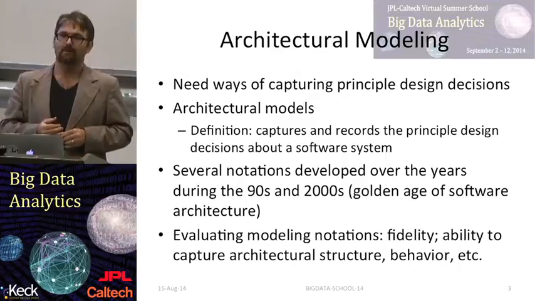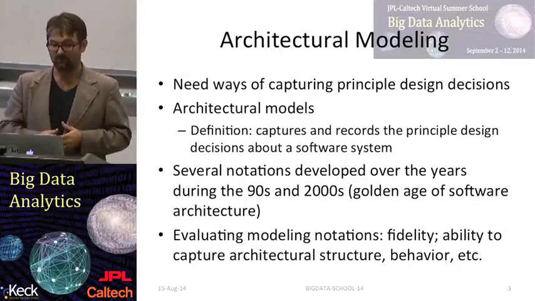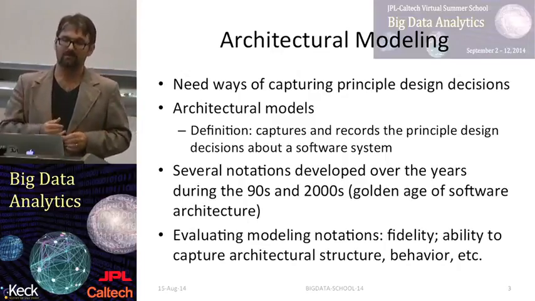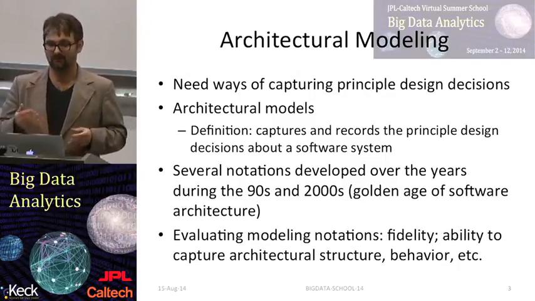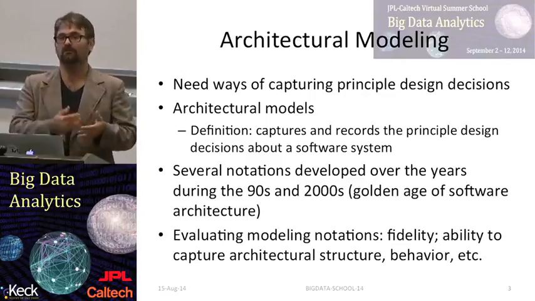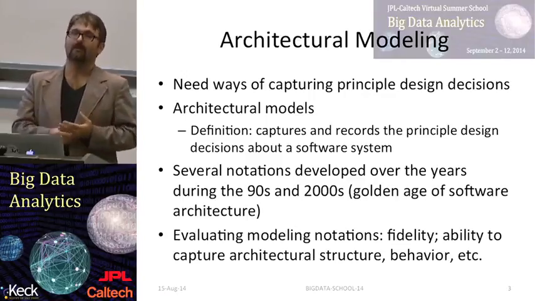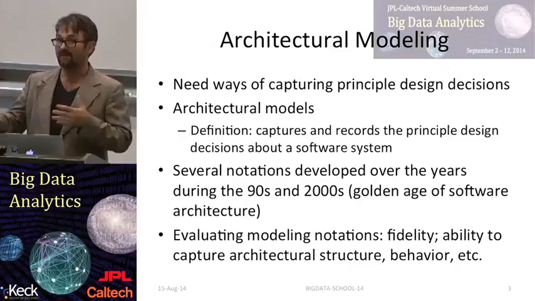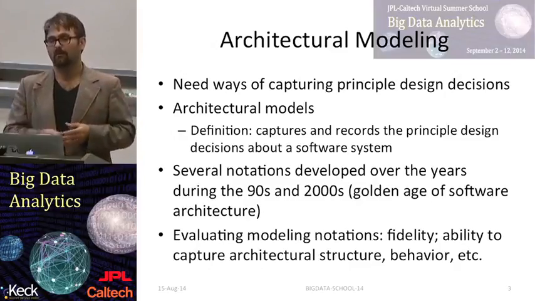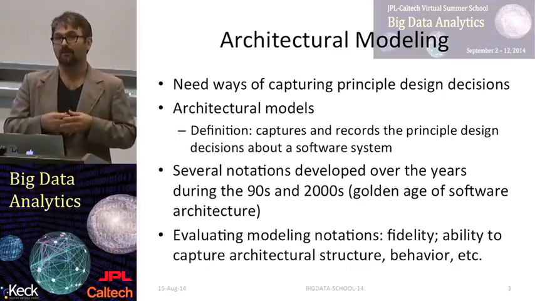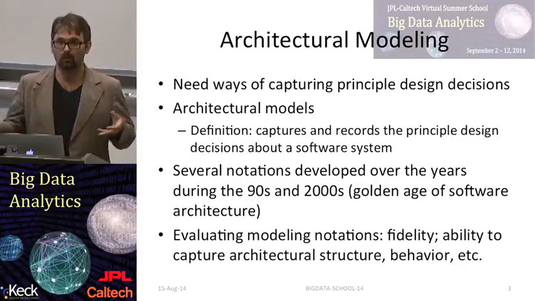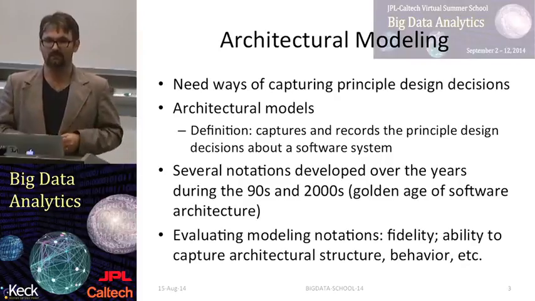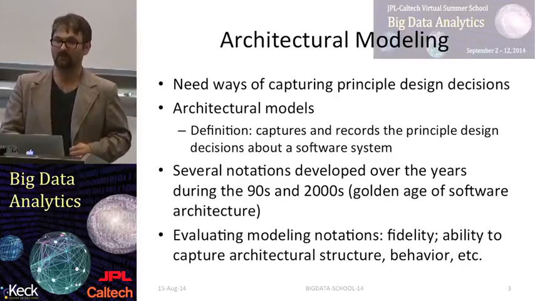You need ways of evaluating why, when, how, and where you should do it or not. The ways that we typically evaluate them are the ability or the capability of an architectural modeling notation to capture things like the structure, the components, and the connectors, the behavior of the architecture, and to model its interactions and, for example, what states components transfer between, what type of data they have, what data is shared between those states, the workflow, and things like that. So this is how we evaluate architectural modeling, and that's effectively why we need architectural modeling notations and architecture description